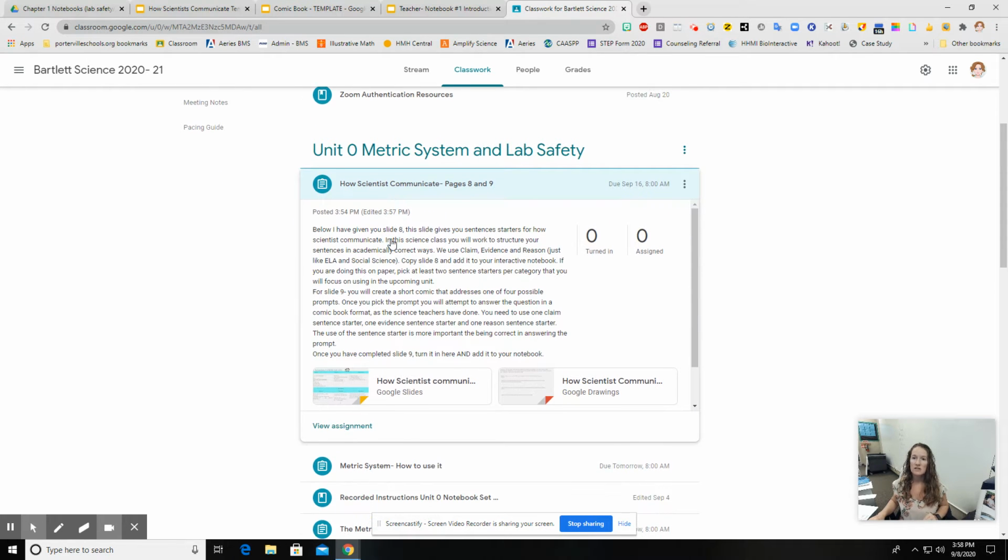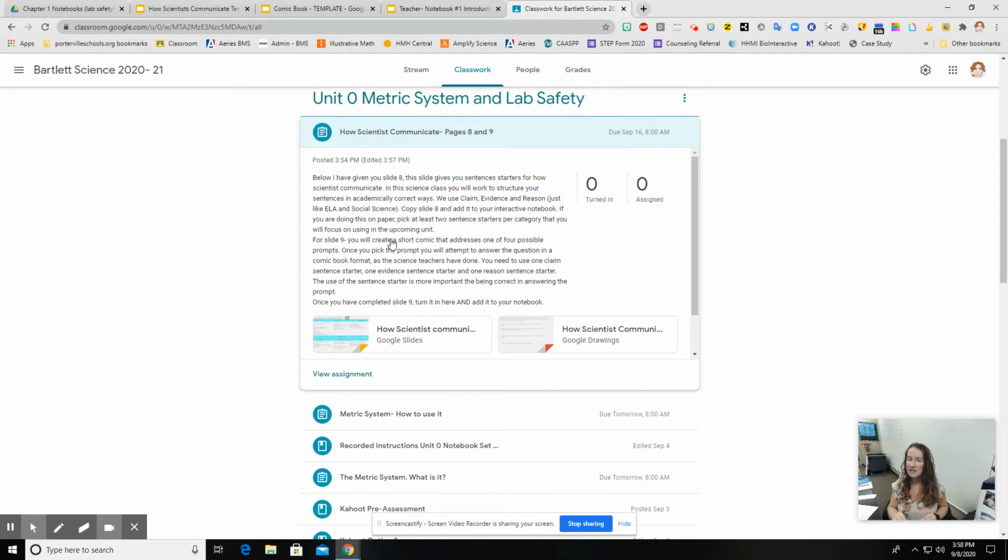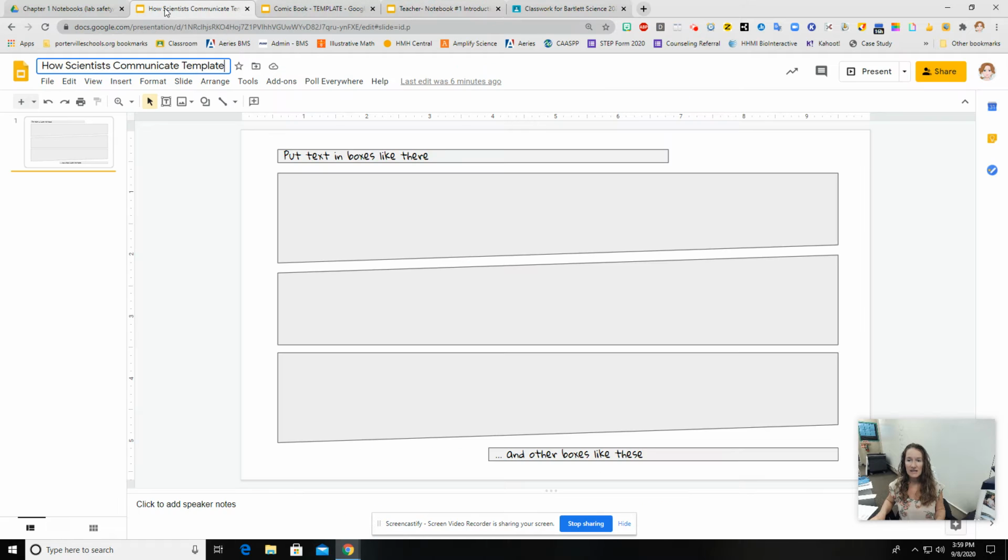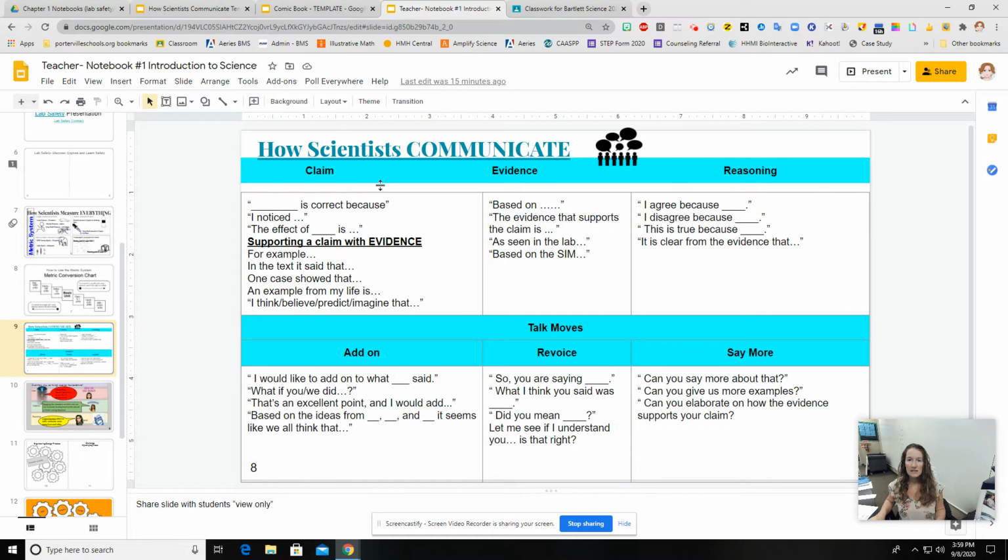Here are the instructions. I know it's tempting to skip the instructions and just ask me in class or ask one of your other teachers in class, but you should read the instructions. So we are giving you slide 8. Slide 8 looks like this. When you look at slide 8, it is giving you sentence starters or sentence frames for the way scientists